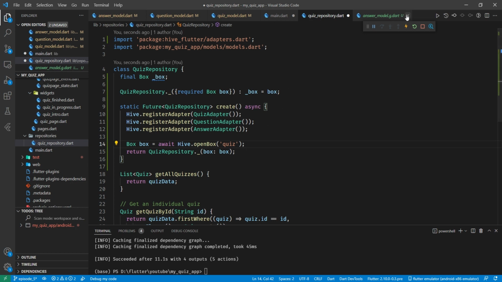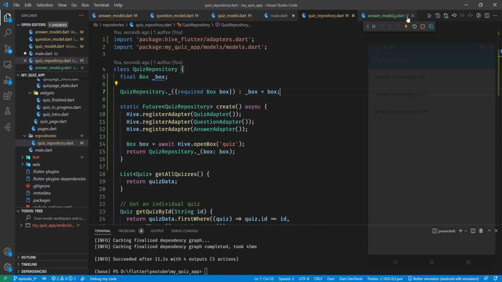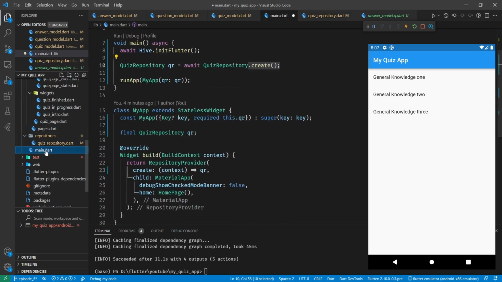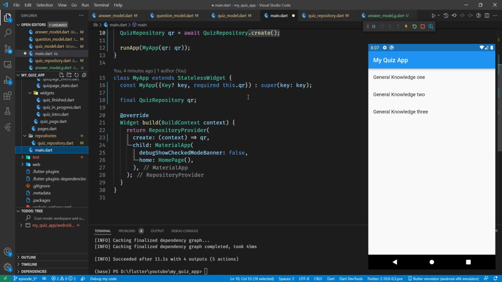So that is our Hive sorted out. I'm just going to save that. We've got a hot reload. Everything's working. Now we need to do something with it. So for this next part, because we're going to be playing with this Hive and things, I'm actually going to come back to our main, and in our